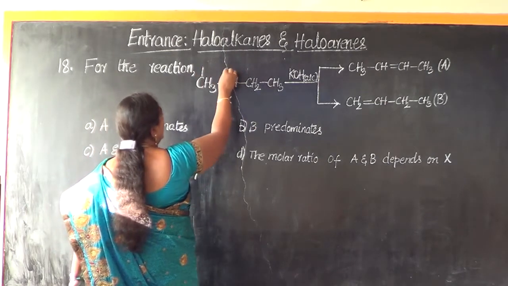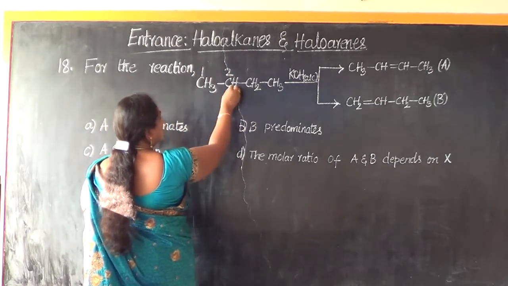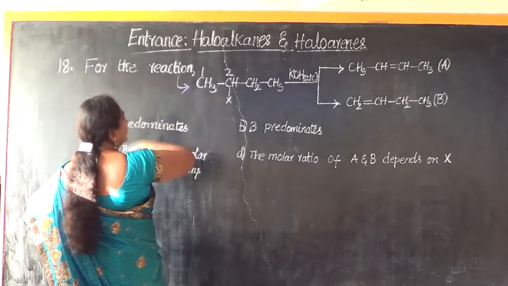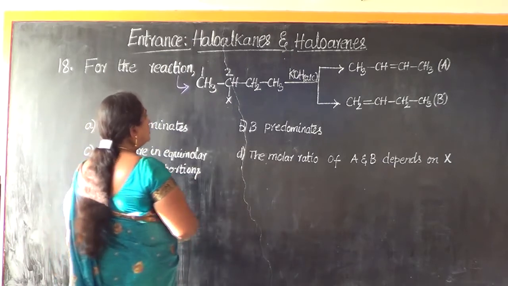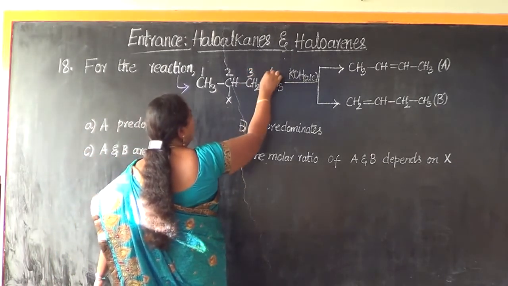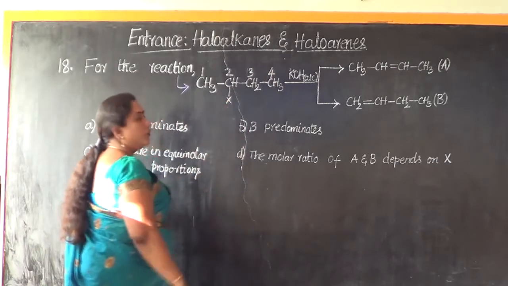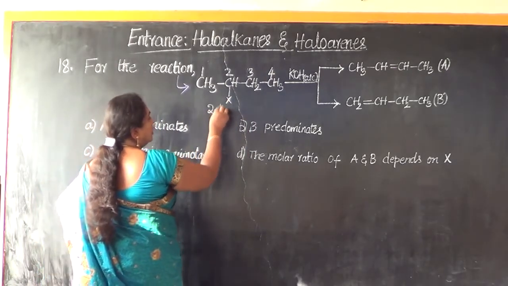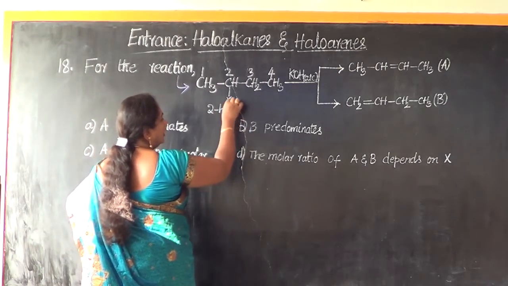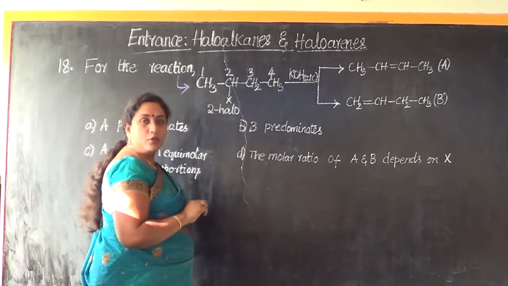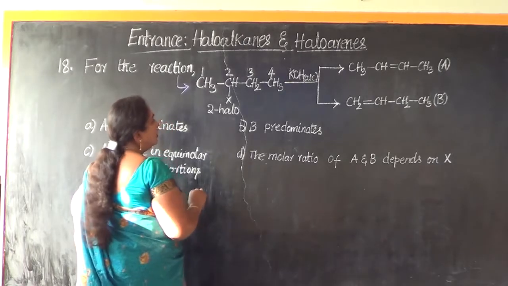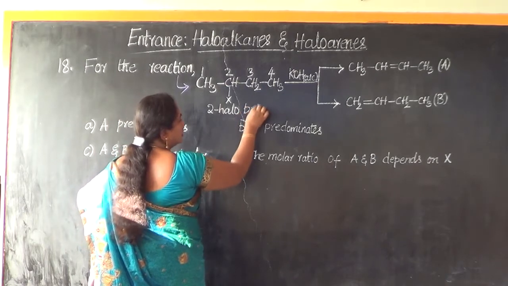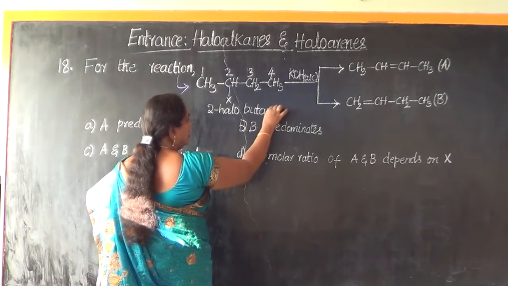We should start looking from left to right because this carbon is containing a halogen. So 1, 2, 3 and 4. For the second carbon atom, we find the presence of halogen, so it's going to be 2-halo. It can be any halogen: fluorine, chlorine, bromine or iodine. And it is a 4 carbon atom and saturated, so but is the root word, and ane is the suffix to be used.